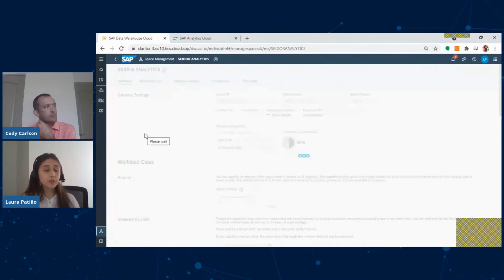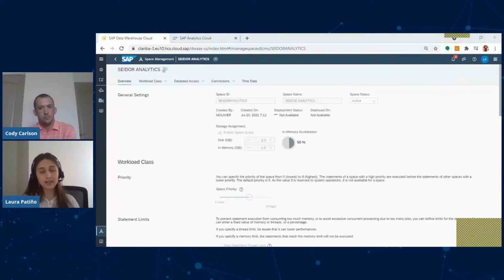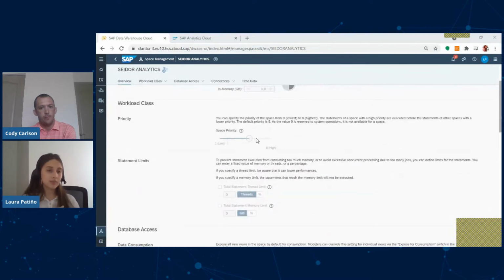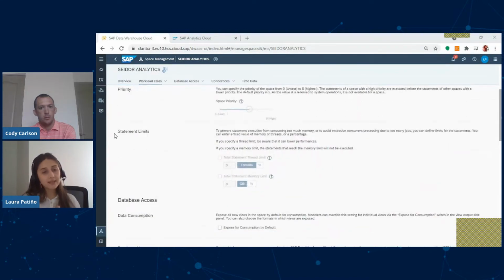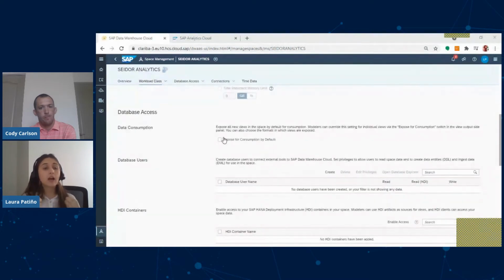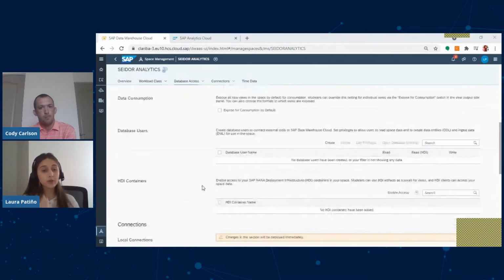If you enter a space, you will find different functionalities. You will have general settings where you define the storage assignment, the total disk capacity you will assign to that specific space. You can define some statement limits, configure the database access, and define different users.